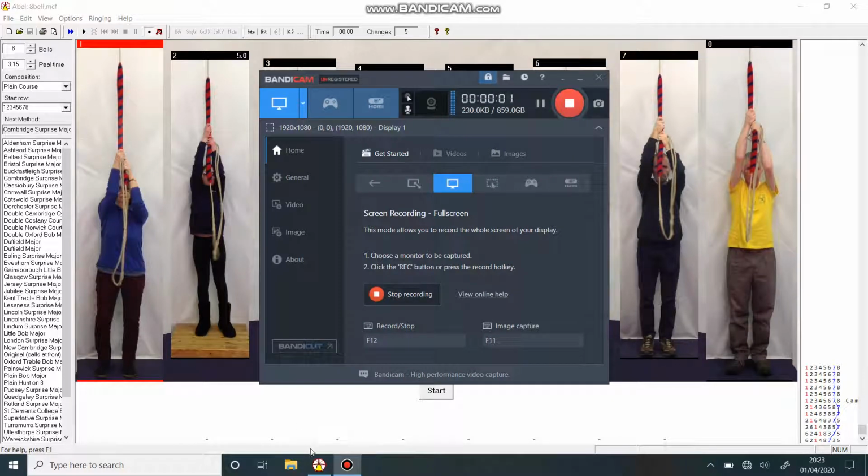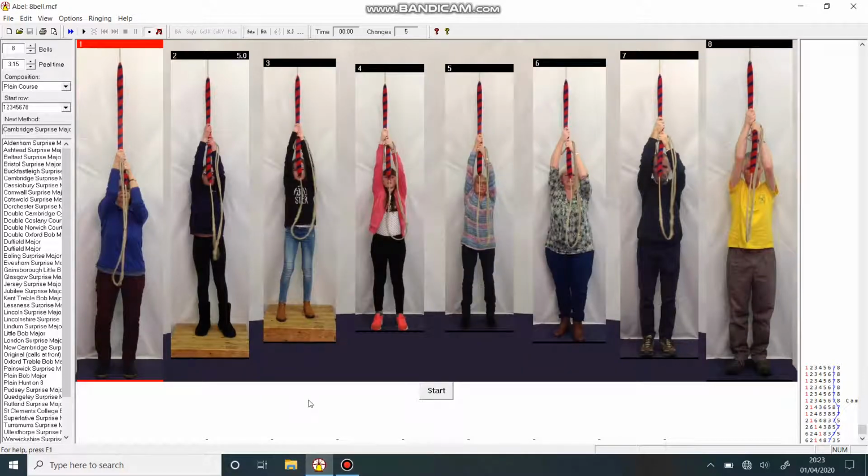Today we're going to look at how to change the number of ringers and the number of bells ringing on Abel. Currently I have 8 different ringers and 8 different bells ringing at the moment. That's okay if you're used to Abel and you're used to ringing with 8, but sometimes it's easier to start